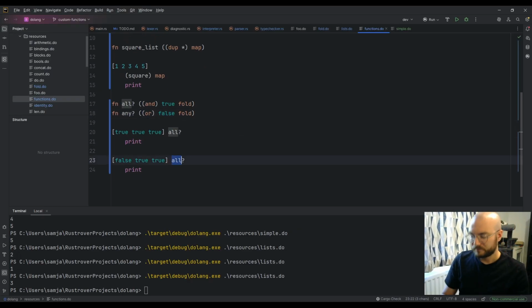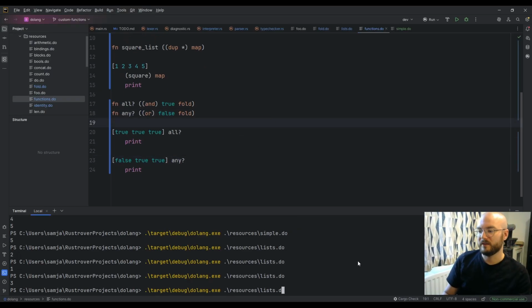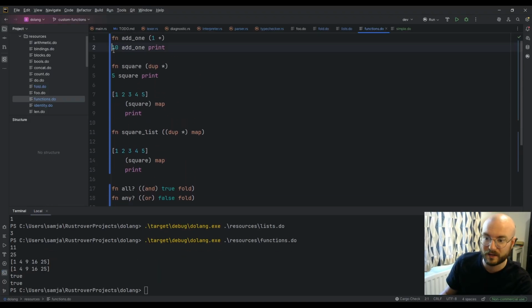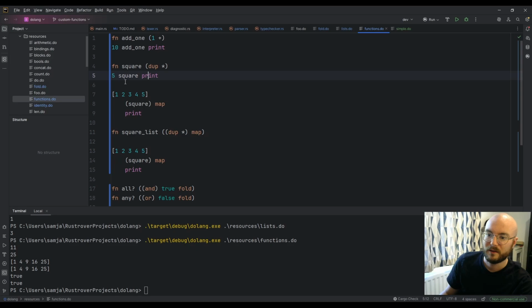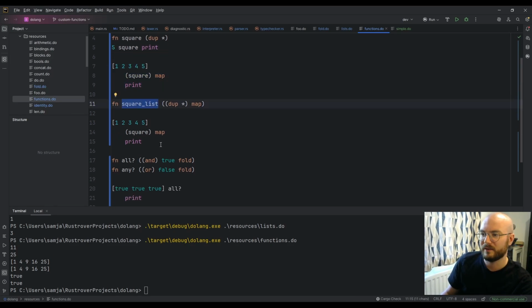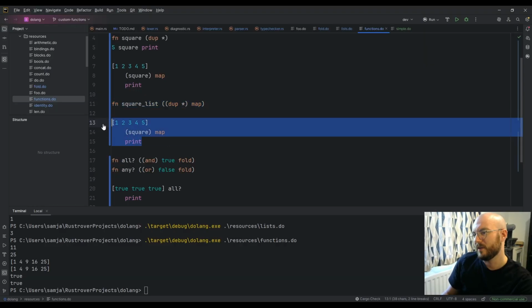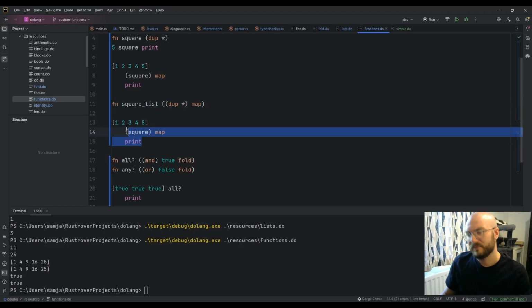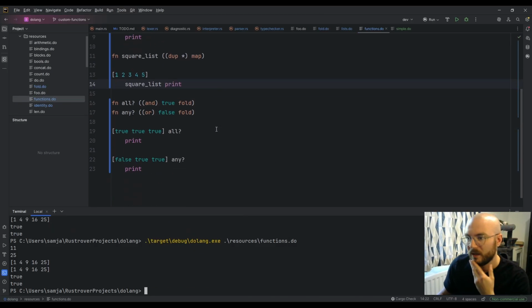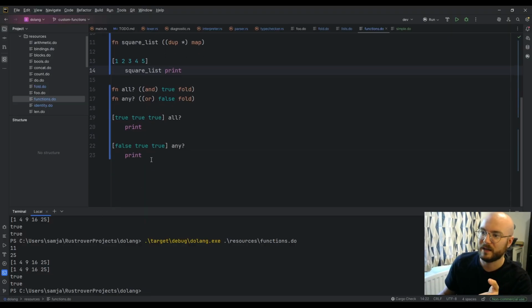And so you can use any, and then if I do this, you can see we add 1 to 10, we get 11, we square 5, we get 25, we square that list, we define, we never actually call this function, but then we can. I see, so I was trying to do this, there you go, so you can do that, and then these are true and true, and if I say all of these true, it will be false.